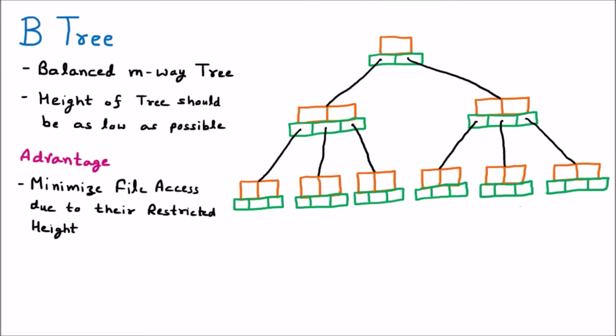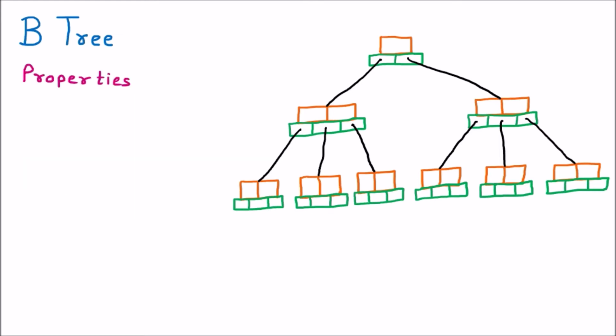Now we are going to discuss the properties of B tree. These are those properties based upon which the tree becomes the minimum height. Just like in the AVL, we have different properties, like the balancing factor should be like this. Similarly, here in the B tree we have certain properties. So now we are discussing the properties of B tree.